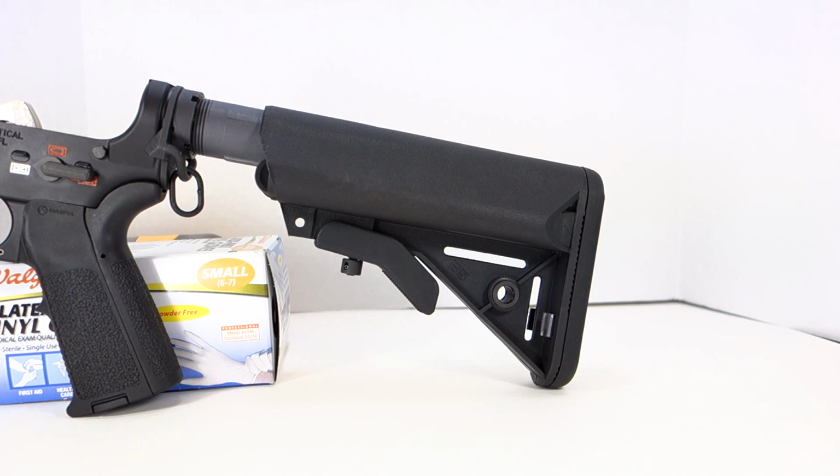It feels comfortable, and it feels like it's going to be a good replacement, or let me rephrase that, a good option to buying the Magpul CTR. And I just want to reiterate, I don't have any issues with the Magpul MOE stock or the Magpul CTR. I've used them both extensively. I like them both. They're extremely reliable, high quality. I just think there's a few added benefits to this B5